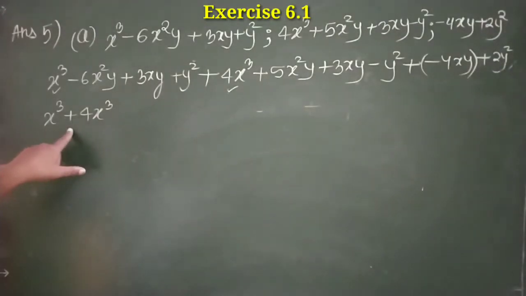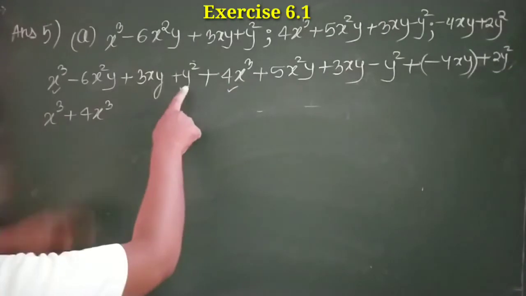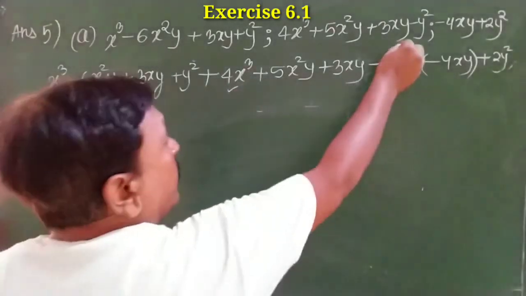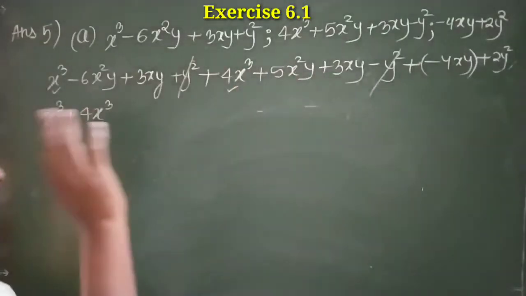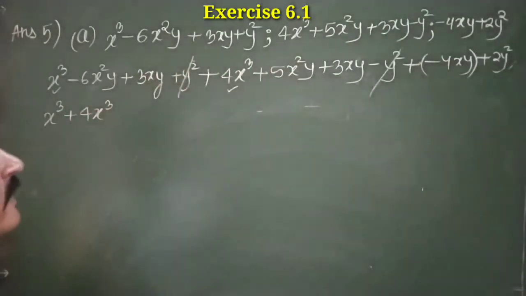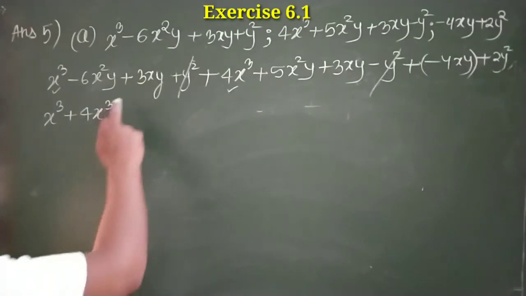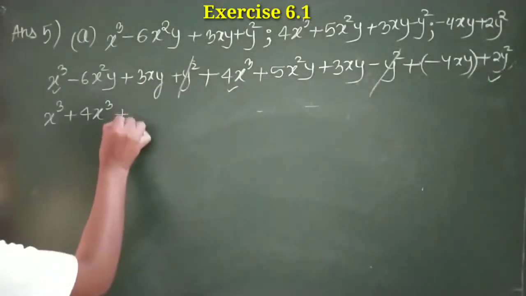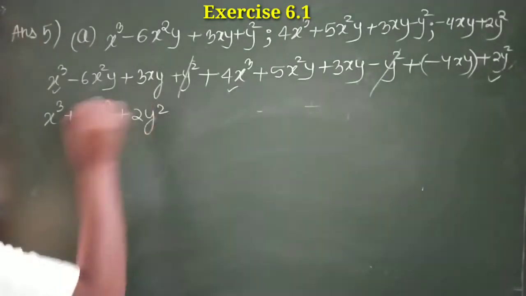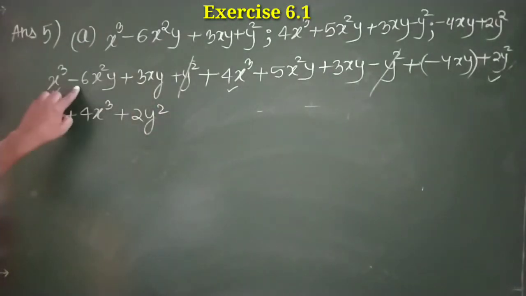Now this is done. Now we can take the square one. See, plus y square minus y square will get cancelled because they are the same terms but with the opposite sign. Okay, anything else in y square? Yes, 2y square plus 2y square. Okay, now take this term minus